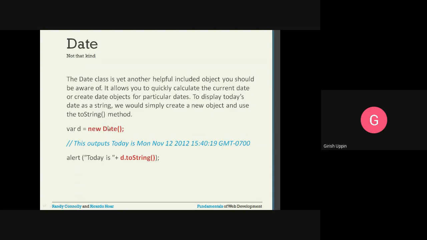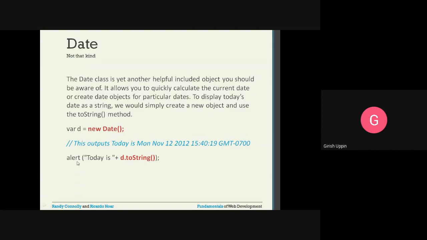So this will create a new object of a date, and it instantiates a new date object and gives a reference to the d. So d will have reference to that new object. If you want to print that value of this, you have to convert the date object into a string. That can be done using the toString method. So on the date object, you call date.toString.